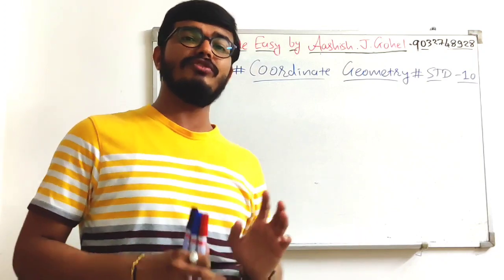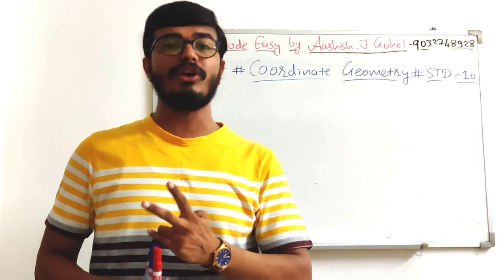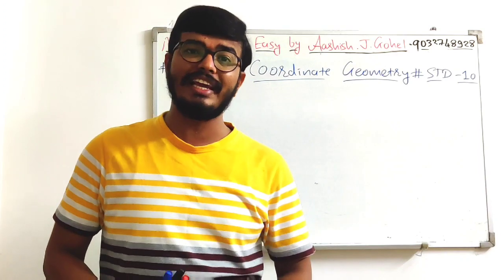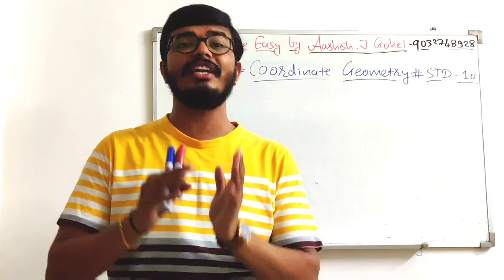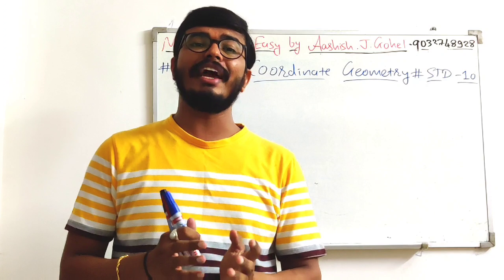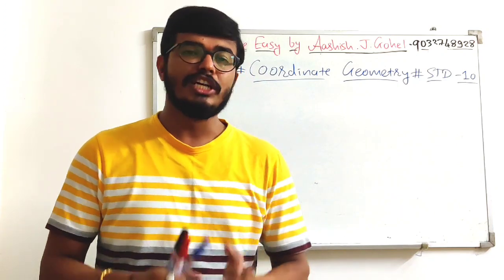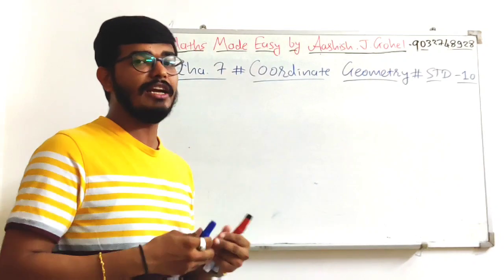Okay, in 1 dimension we measure length only. In 2 dimension we measure length and breadth also. That means we can calculate area. In 3 dimension we can calculate length, breadth and height or depth also. So in 3 dimension we get volume. Okay. So here we will be discussing coordinate geometry, how it can be formed.